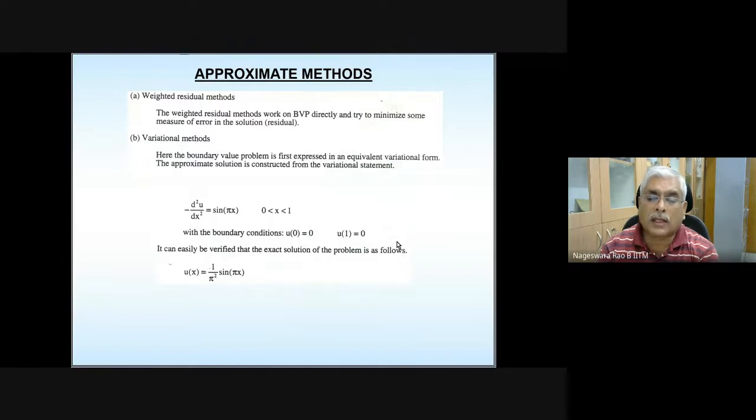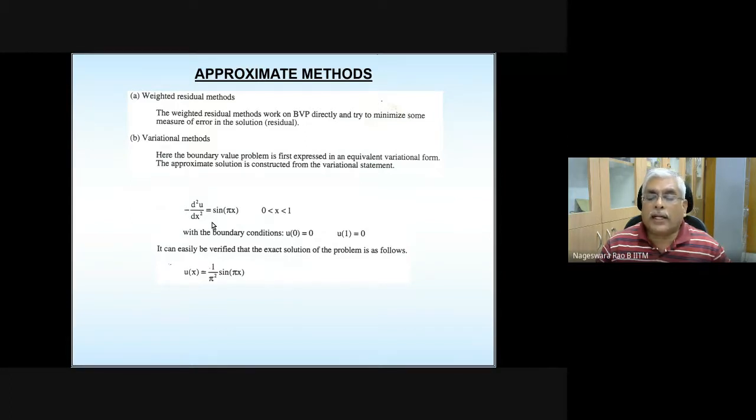Yesterday in the last class, I actually brought to your attention a thumb rule, how to classify the boundary conditions, whether they are essential or natural boundary conditions. So that classification or that identification of boundary conditions is very much essential. So that's why you need to once again go through that. And here it turns out, if you apply that thumb rule here, these two boundary conditions are essential boundary conditions. Okay, and if you want to find exact solution for this problem, you integrate it twice.